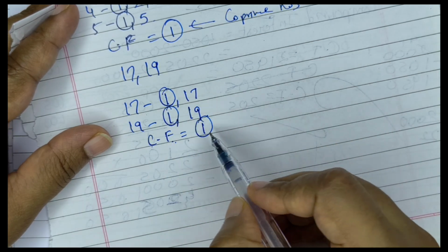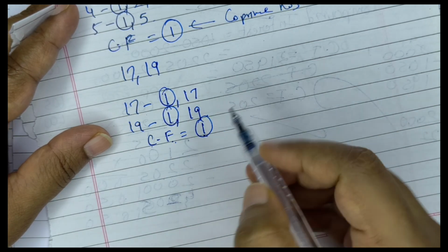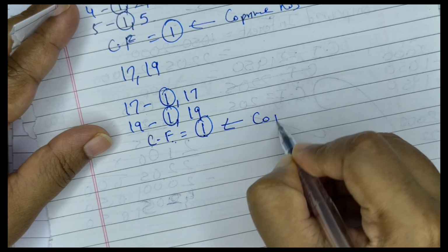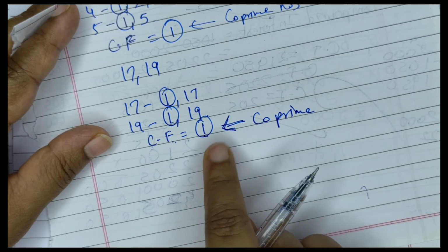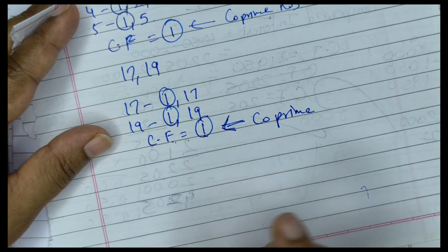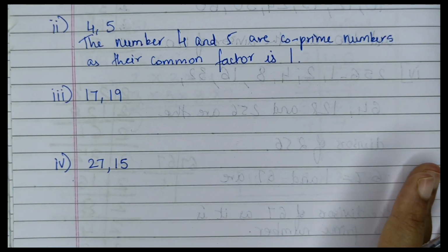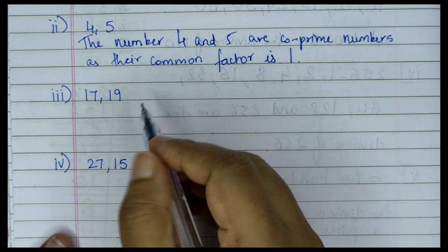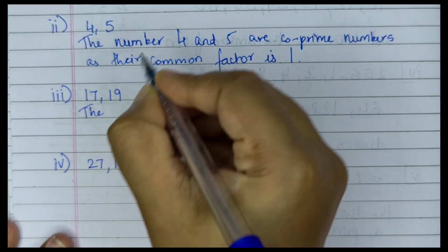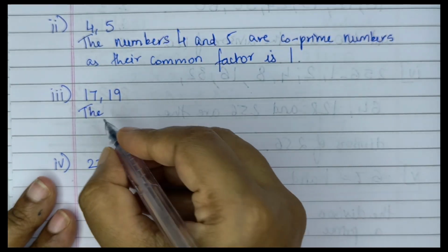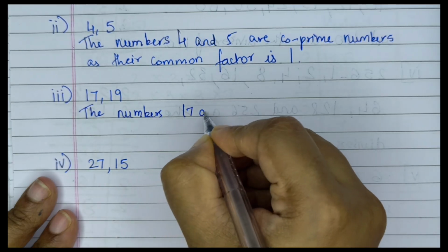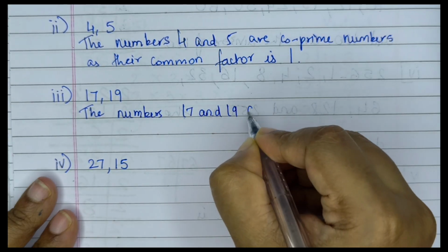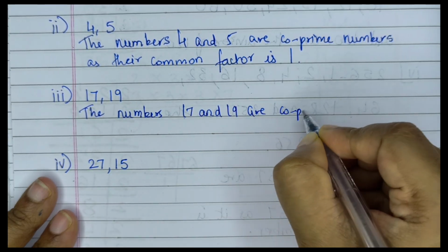And when only this 1 is the common factor, that means it is a co-prime number. Understood? When you get only 1 as the common factor, that means it is a co-prime number. So what we will say over here is, the numbers 17 and 19 are co-prime numbers,